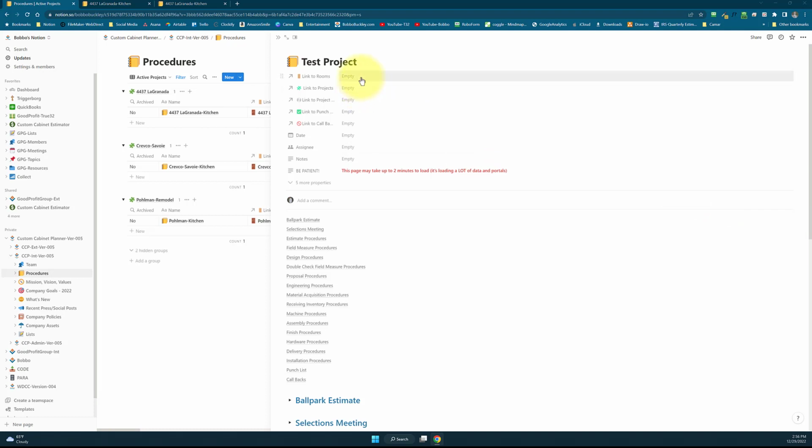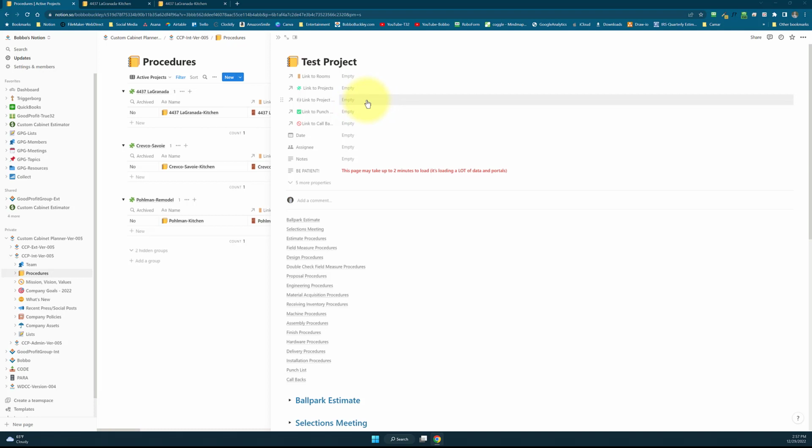Ultimately, what we're doing now is procedures. So we would possibly have already created a project. We would possibly have already created a contact or a company, and maybe not. Maybe we're doing this as the first step. But here we would want to link to rooms if we've already created the rooms. If you're not, don't do that from here. Here we could create a project, and you can do that from here, and we'll talk about that in just a few minutes. And then this is a new section that we haven't talked about prior to this particular topic,